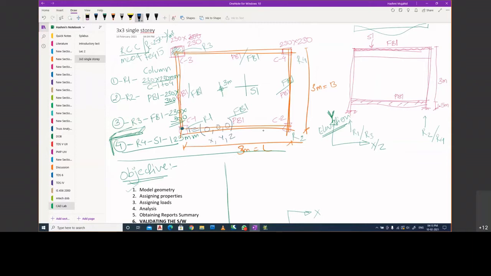Now coming to the second node, let us name this node 2. What would it be? Can anyone type in the chat box what the coordinates for node number 2 will be? You can make your opinions and type into the chat box.